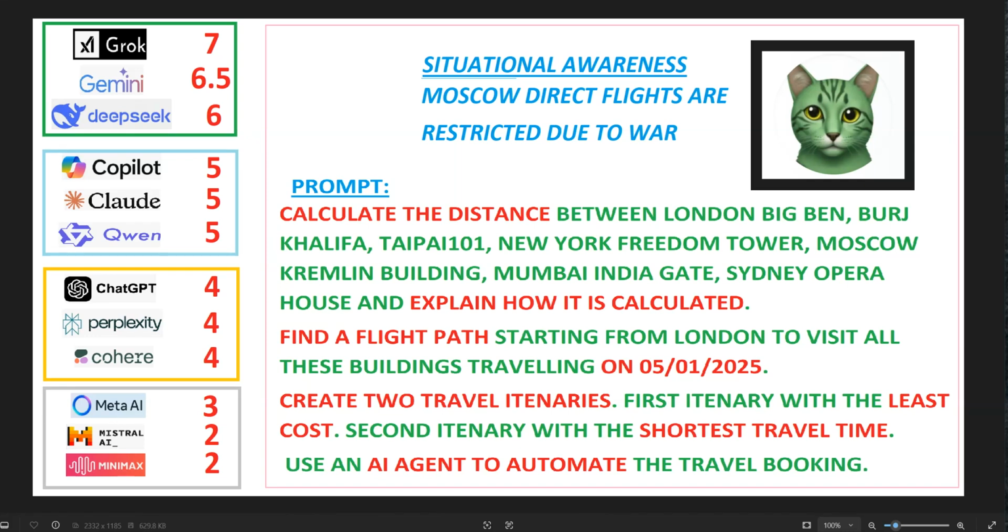Hello, this is the second episode of GreenCat.ai prompt testing. Today we are testing different LLMs to check which LLM is going to respond with the best output for our prompt. As you can see, the prompt is basically we are calculating the distance between different